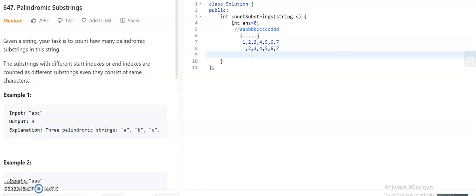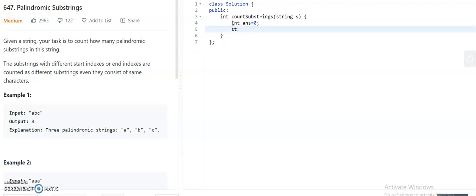For position 2, what I will see is up to 3, 4, 5, 6, and 7. For position 3, I will see up to 4, 5, 6, 7, like that. For a position i, I will see up to the j at the end of the string. That is the naive approach I am going to follow here.